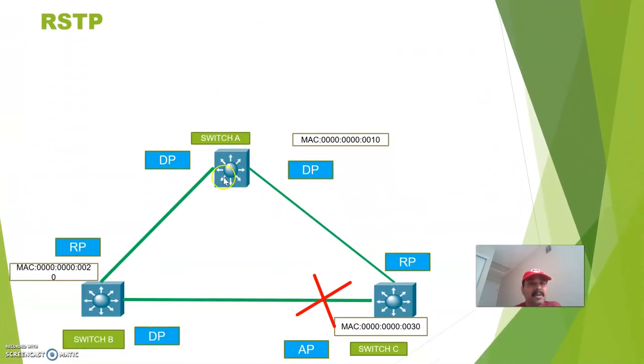So this is an RSTP architecture where switches A, B and C are all connected by means of trunk links. On switch A, these are the designated ports, because these are the ports connected to the root switch and have the least root path cost. Every segment will have one root port and a designated port, right? So this is an alternate port, or a non-designated port. It is used when the existing root port fails; automatically it will take an alternate path to reach the root bridge, that is switch A. RSTP converges by exchanging proposal and agreement messages between the neighboring switches, which I am going to discuss now.